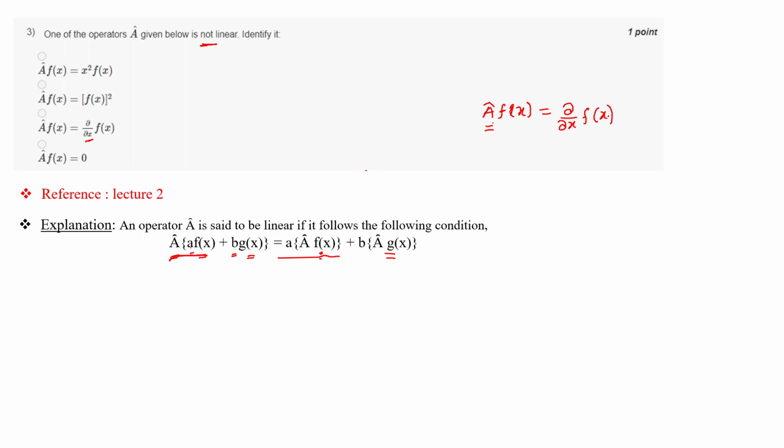How? Because what I have explained to you is that A of f(x), first of all I am taking the first one. This is x square f of x. Again, please ignore my drawing, just understand the concept. This A of f(x) is x square into f(x). So when it is operating, it is giving the function back with something multiplied with it. So it is a linear operator.